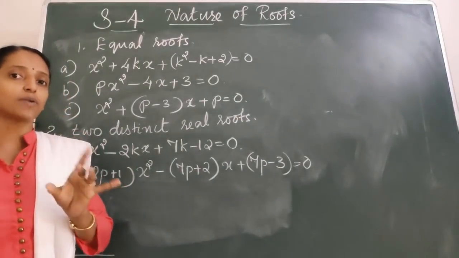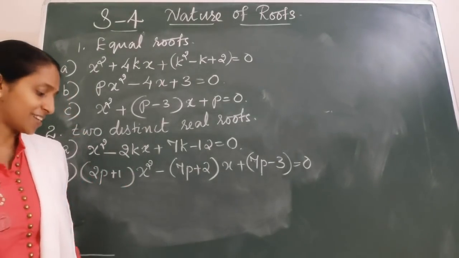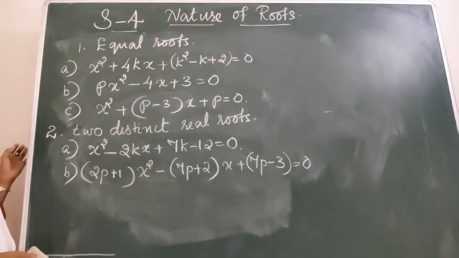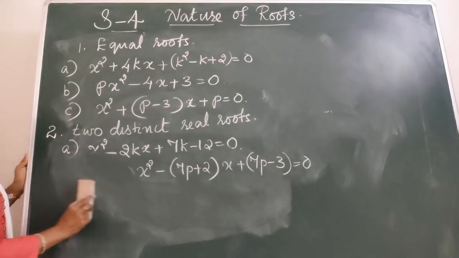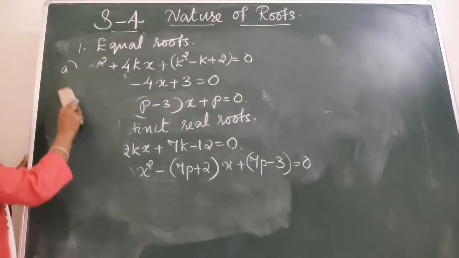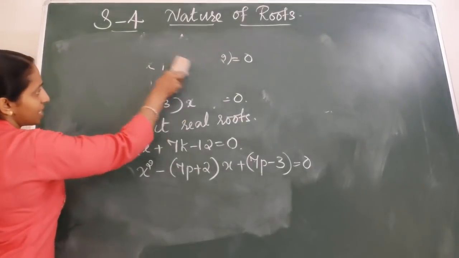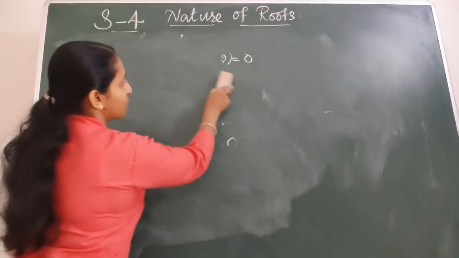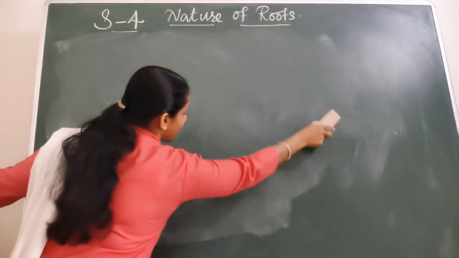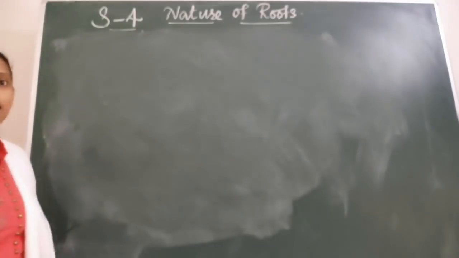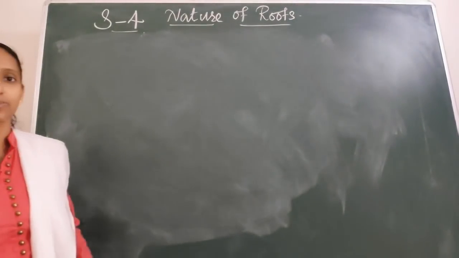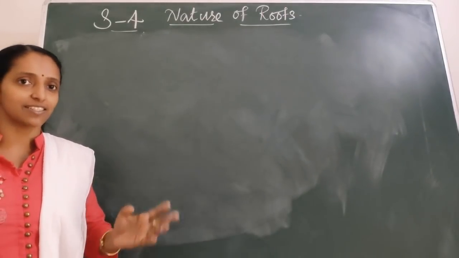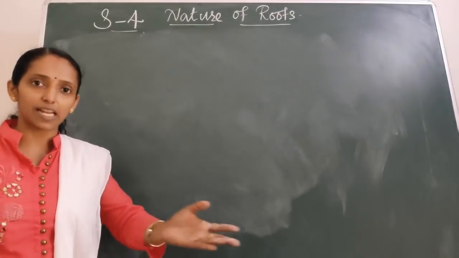We have one more concept remaining in this chapter, and that concept is very familiar to you. You are familiar with word problems. So the last concept remaining in this chapter is word problems related with the quadratic equation. Right? I think you are familiar with word problems. We had seen several word problems since class 7 onwards. We had seen word problems related with linear equations. Then again, I think in class 8 you were having the quadratic equation.